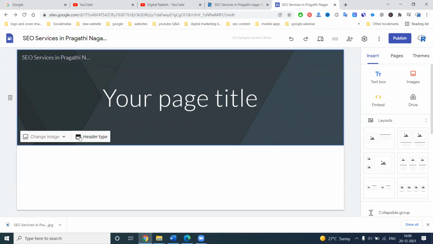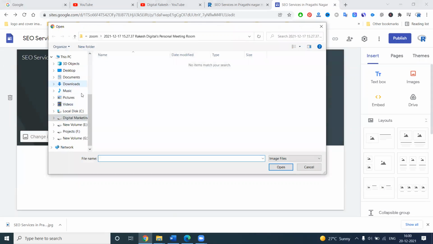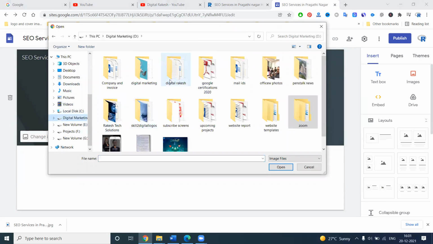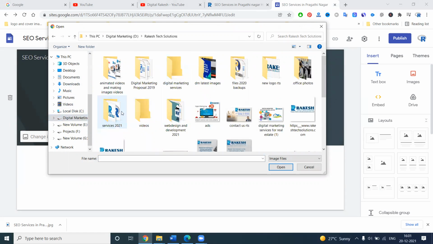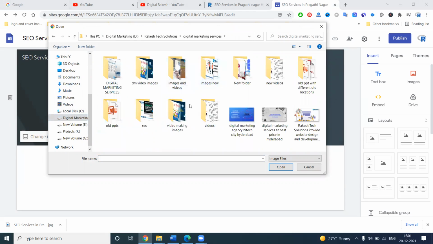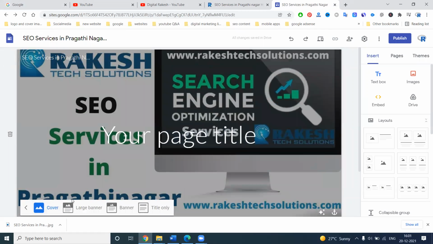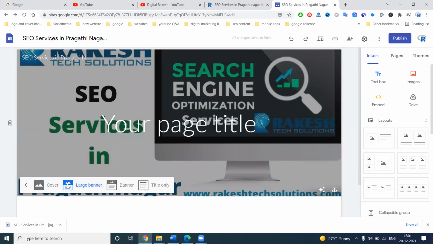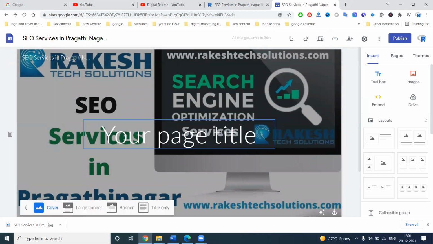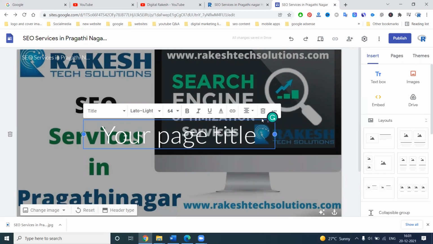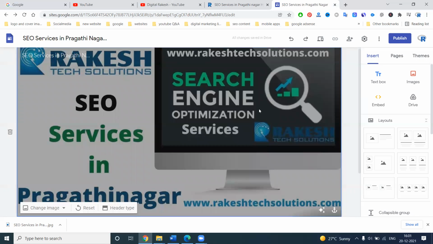Next, here we can add your image. Use the upload image option, and upload the image. After our image is uploaded, we can give the complete option for how much your long banner or your complete cover image covers. This can be given some title, but there is no need, you can remove this option.